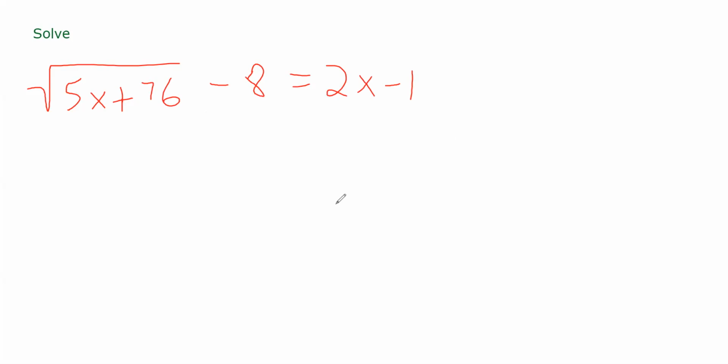Let's say our goal is to solve that. Well, there's no clear-cut way to do that from the get-go, and we only just barely discussed what a radical even is, how you can rewrite it. So here's what we're going to do. Let's take the radical expression here, this guy,